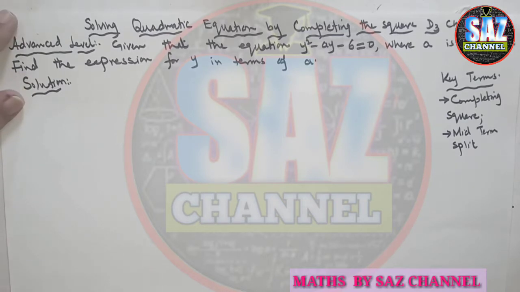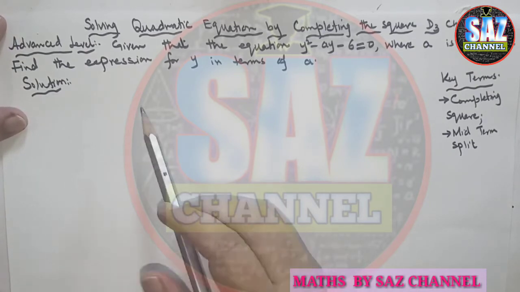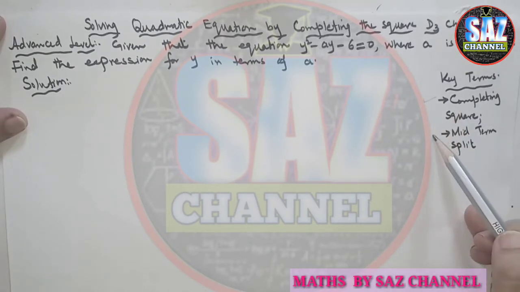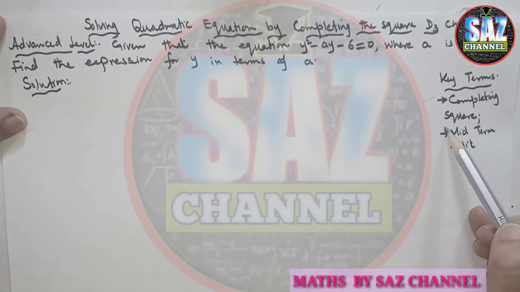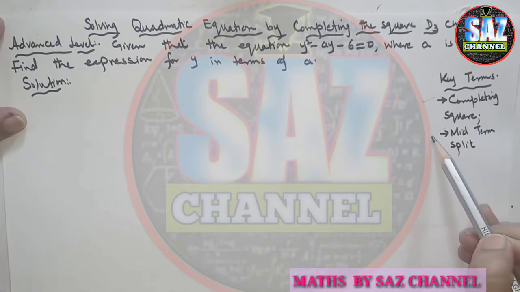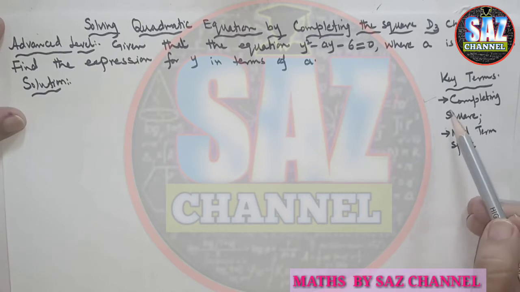Before going to the lesson, I just want to say if you find any difficulty in understanding the lesson, you have to watch the previous lessons which are about the completing square method and hit and trial method, and I'll give you the clear understanding when to apply completing square method and hit and trial method. Let's move to the question.